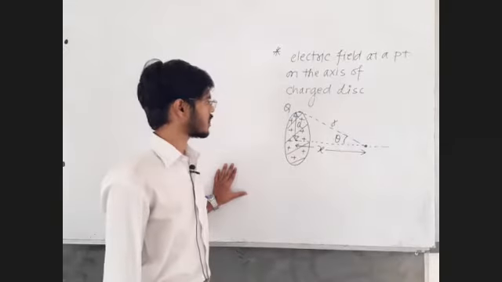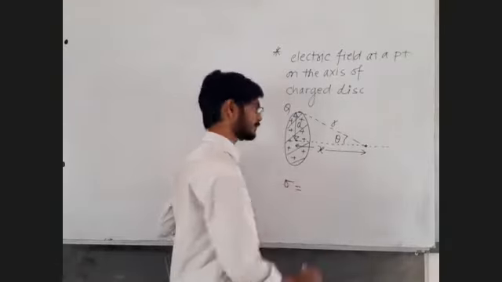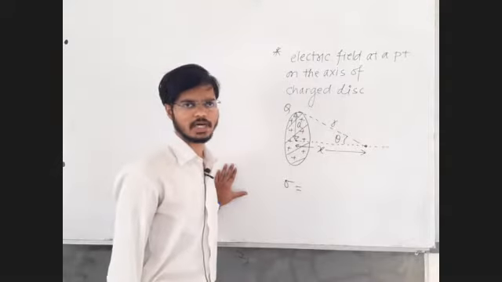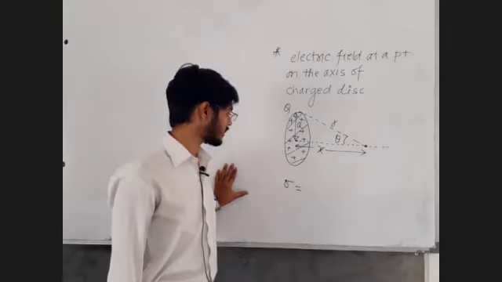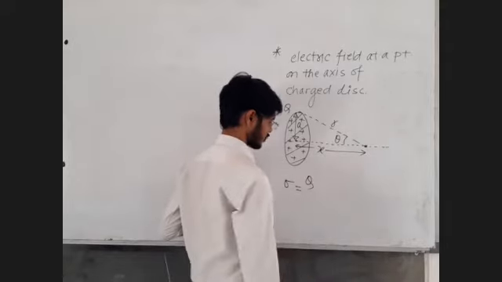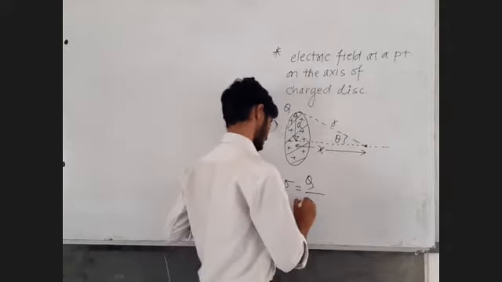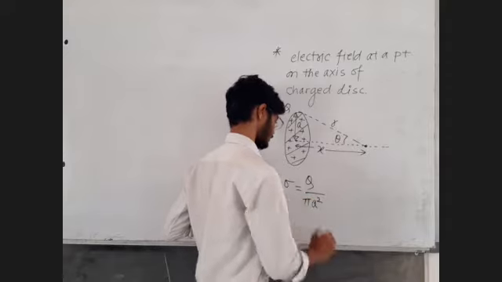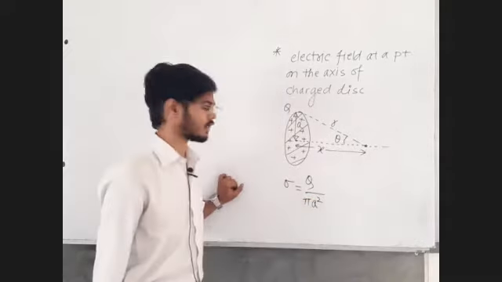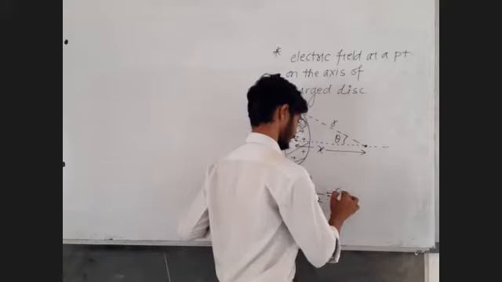The general symbol to denote charge per unit area is sigma. Charge per unit length is lambda, charge upon length. Charge per unit area, charge upon area, is sigma. So call it the charge of the disk divided by the area of the disk. What is the area of the disk? Surface area, pi a square. So write down, it is called charge per unit area.